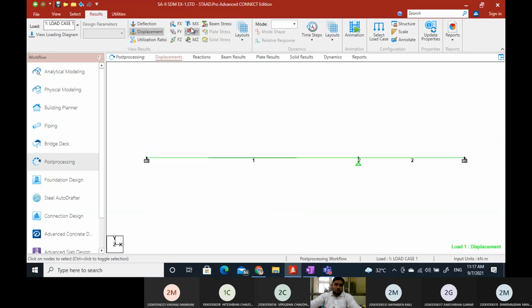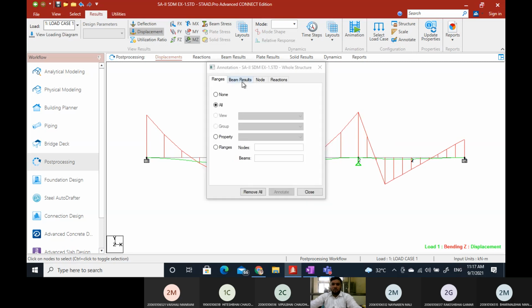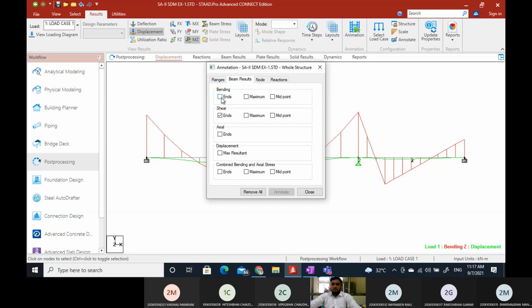Suppose you want to check the bending moment, click MZ. So it will show you the bending moment. Now here you can increase the scale, click annotation, beam results, bending moment at the ends, and okay, close.